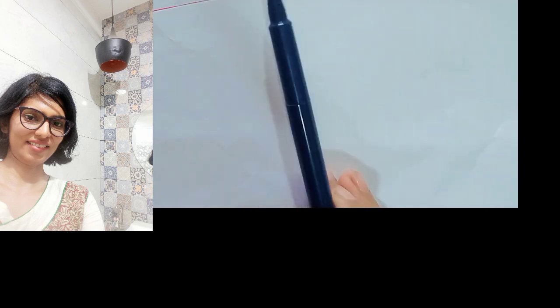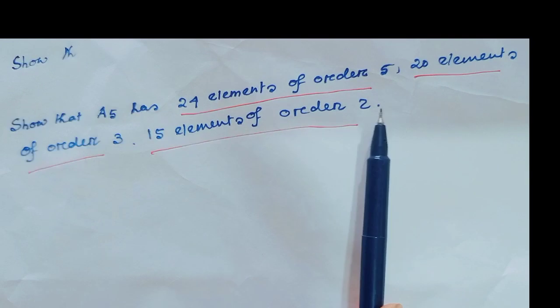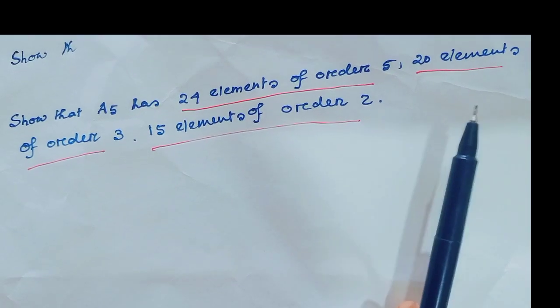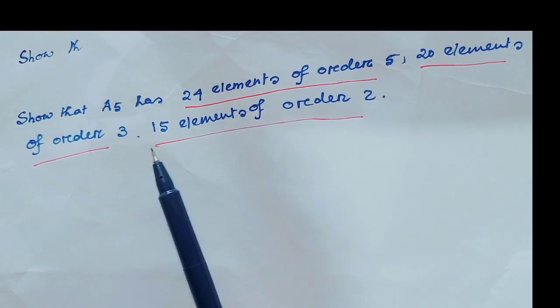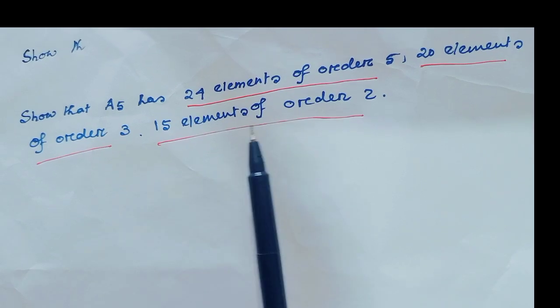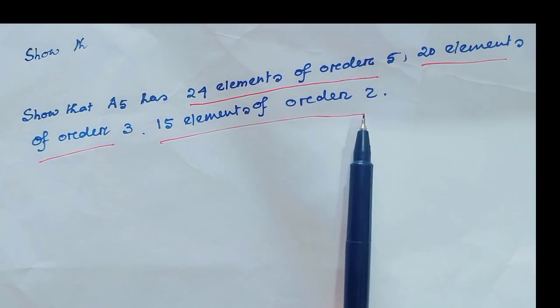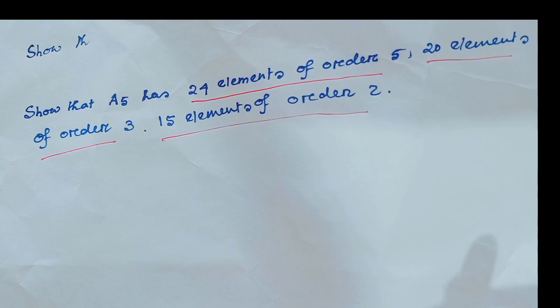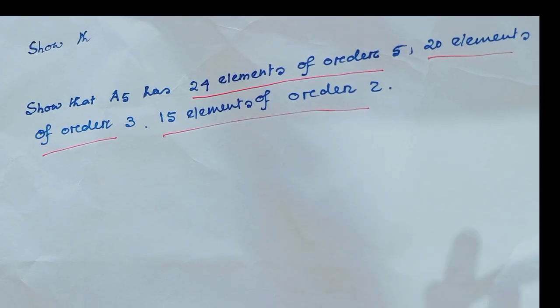Discuss group theory. Today I will discuss some exercises of group theory. And our first question: show that the group A5 has 24 elements of order 5, 20 elements of order 3 and 15 elements of order 2. I will see the construction of the A5 group